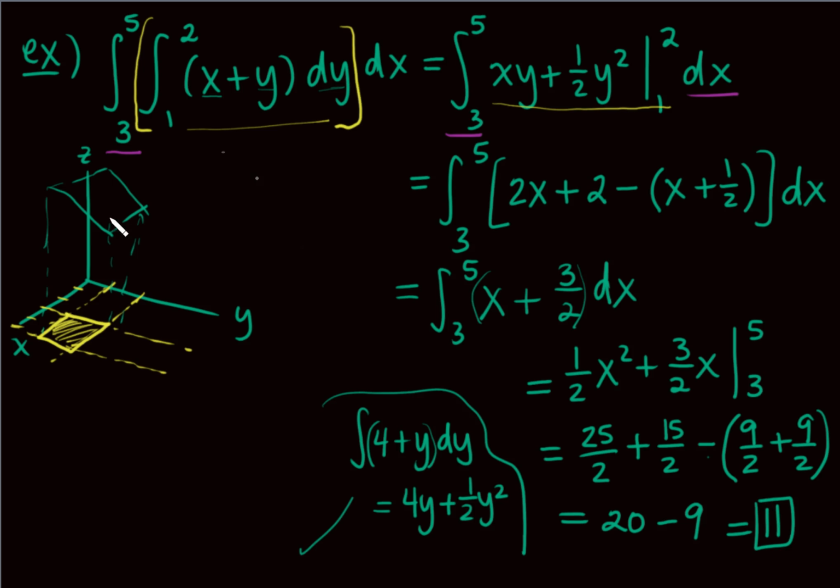And again, what does that 11 mean? That would be the volume of whatever this three-dimensional object is. So that's one way we can integrate. We can integrate over a nice little square or rectangle. And when does that happen? That happens when